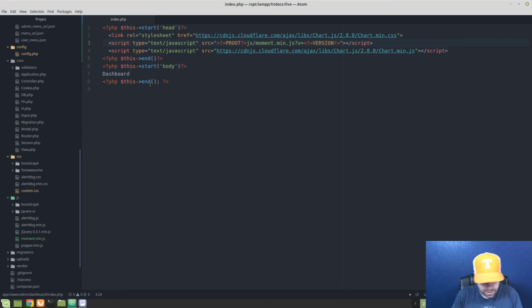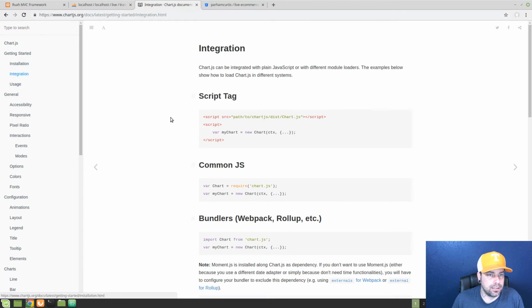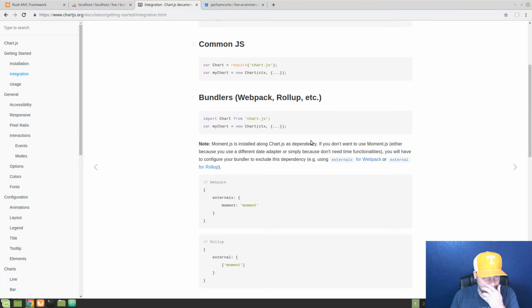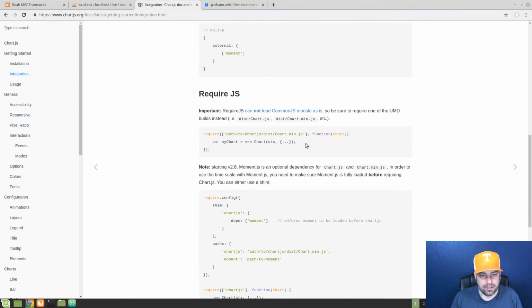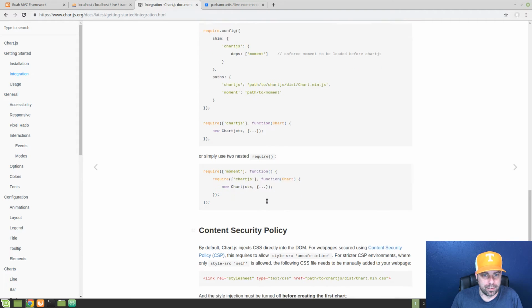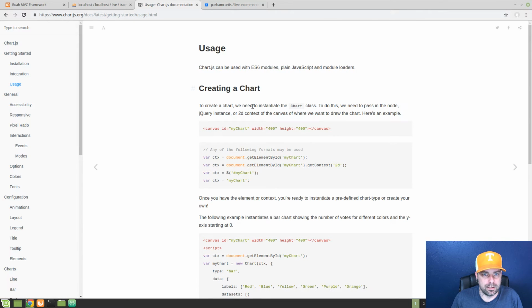Okay, so let's go ahead and look at their documentation and get a chart that we want printed to the screen. So we have installation. Let's see. One thing that I know you have to do is add a canvas. I've never used this library before, so you guys are going to see me kind of screw this up too, which is cool. But let's see, usage. Let's create a chart here. So basically it's telling us, hey, you're going to need a canvas, and then they're going to target that canvas,